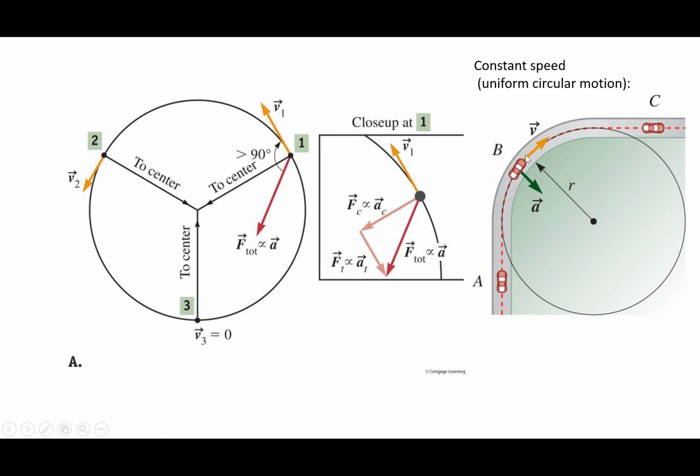But if I don't have uniform circular motion, I'm going to get a tangential component. So if I'm going through a turn and I want to increase my velocity, guess what I'm going to have to do? I'm going to have to accelerate, and I'm going to get a tangential component for acceleration. So hopefully that